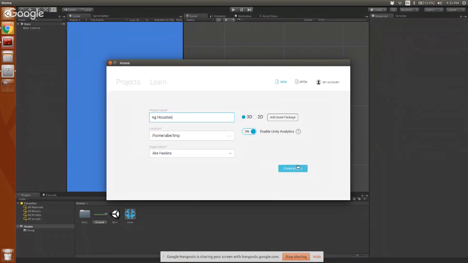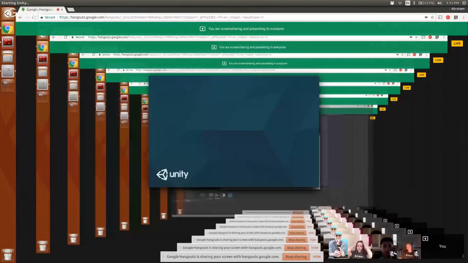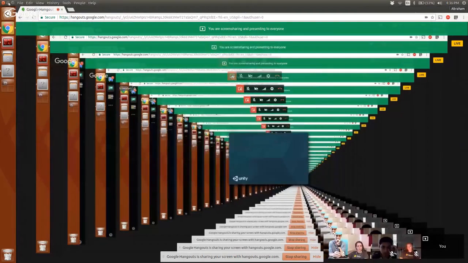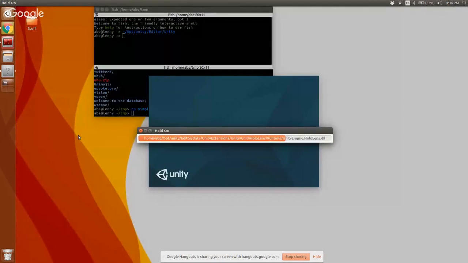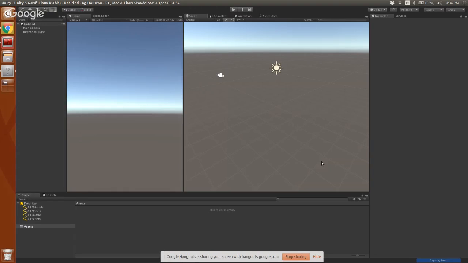I think most of my demo today will be in 2D because it's a little easier to understand, but I'll show you the gist of the 3D environment to get started. Hit create project, give it a while. I'll close this down so you don't have to watch that. This is a very common thing to see in Unity, that progress bar just taking forever.